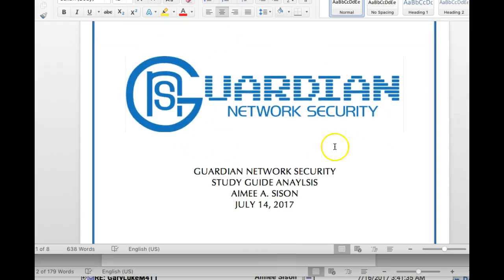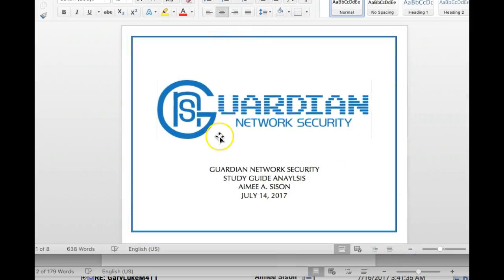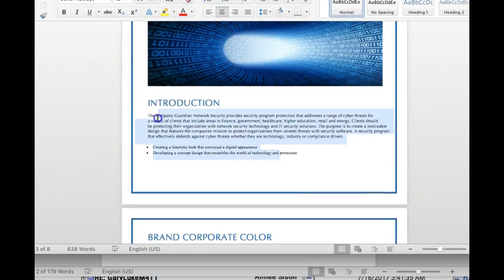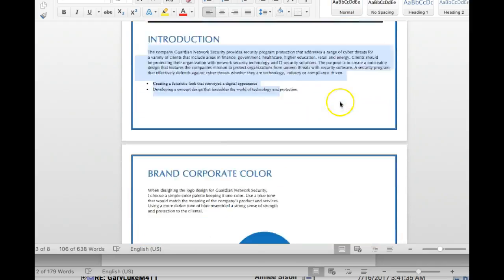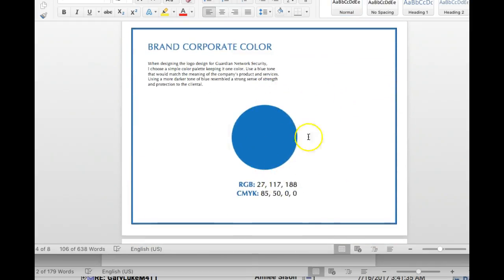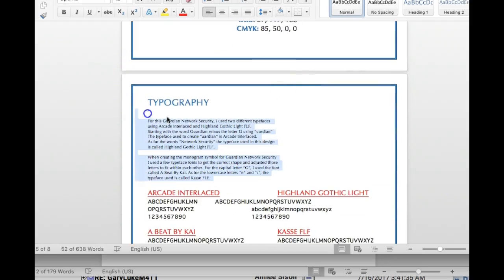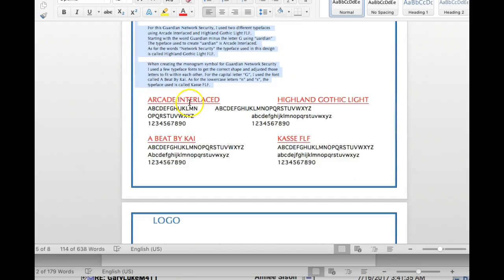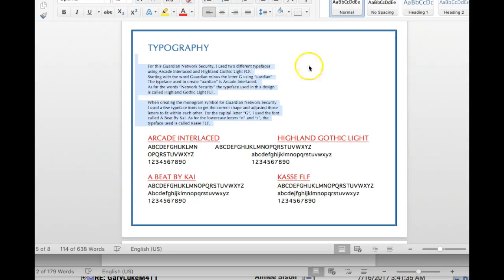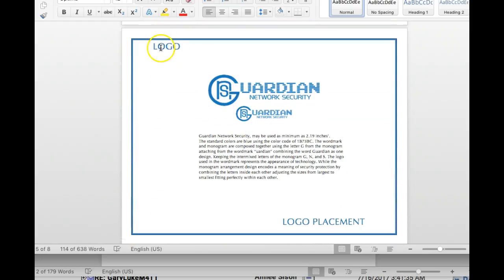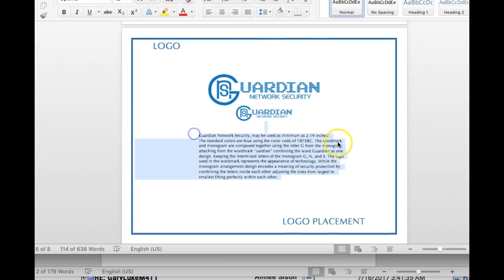Okay, so see how she shows the logo. Let me back off that a little bit. Okay, so she starts by showing the logo. Then here's a contents page, and then she gets into an introduction where she's describing everything that the viewer is going to be looking at in the next couple of pages. Here's brand corporate color with the color palette, brief description of the color. Then we get on to typography, where she describes where she's using the typography. I would have liked to have seen visual examples here of exactly where these are going, but as you can see, it's pretty complete. Then the logo, here's the logo, and then here's the actual description of the logo,